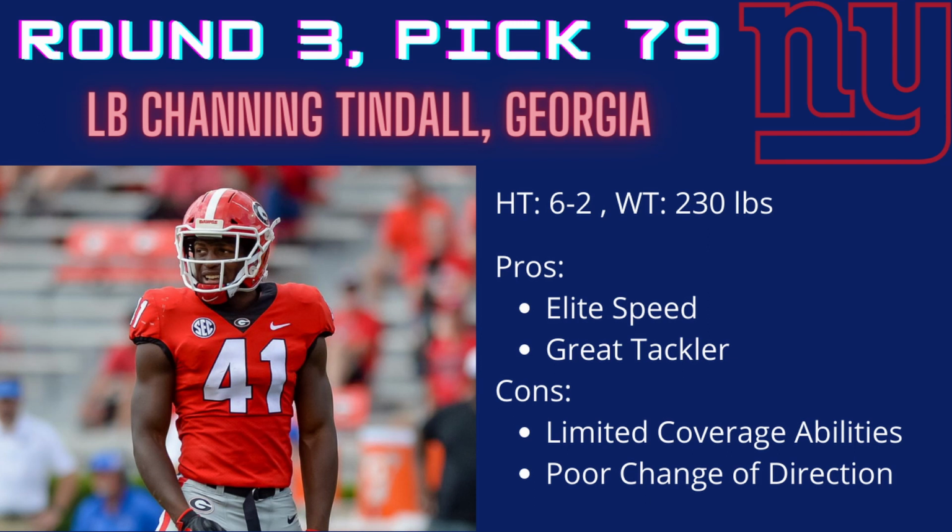Think kind of Blake Martinez in terms of a great tackler but limited coverage ability. I'd say he's worse in coverage, but he's more athletic. And the only thing with Tindall is that he's fast, he's quick, but he doesn't change direction well, and he seems a little bit flat-footed at times, and that's something I think separates him from some of the top